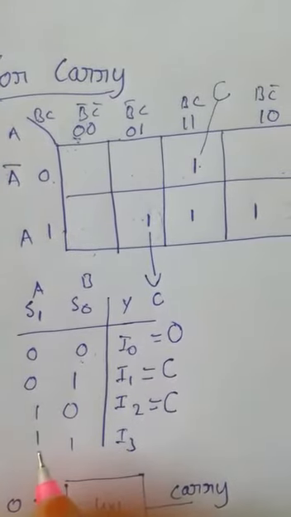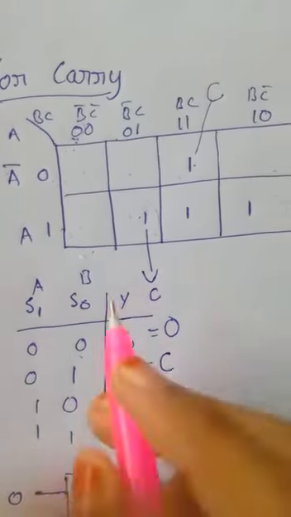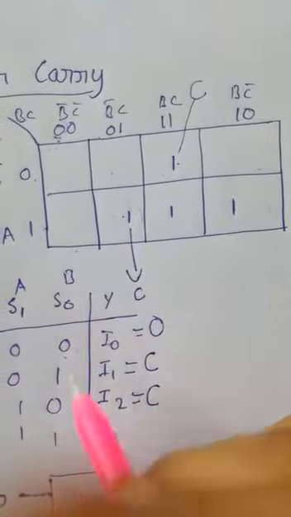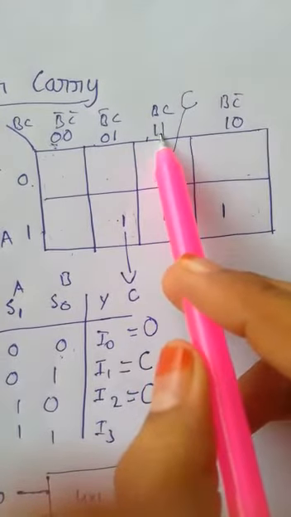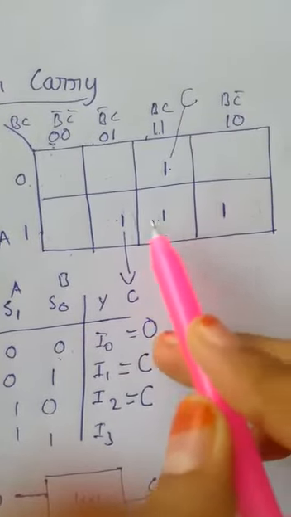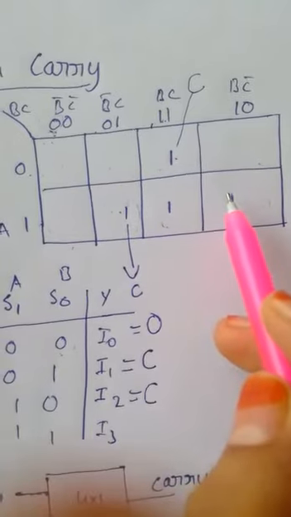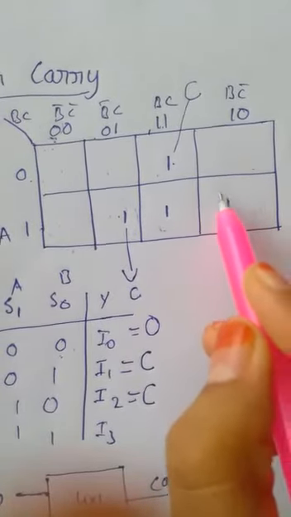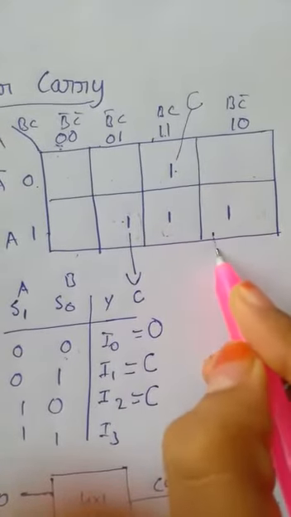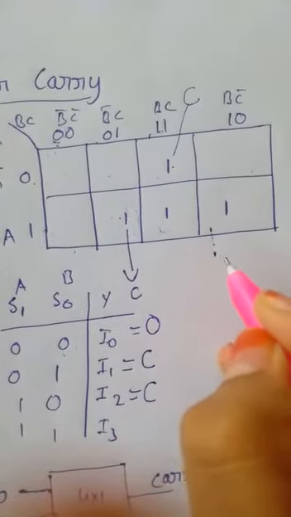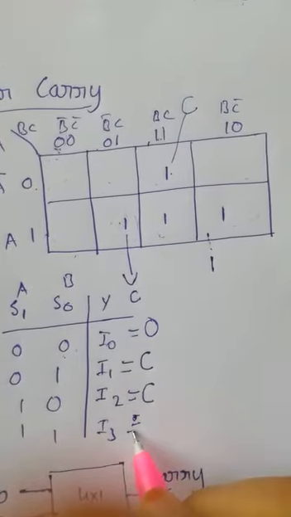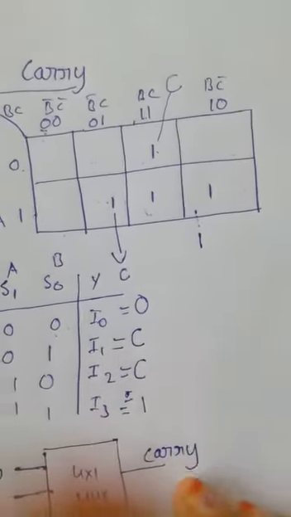Now we are going to select another 2 select lines, that is 1 1. A as 1 means we are going to have this total box, and B as 1 means where we are having B as 1, here we are having B as 1, and here means we are going to select only these 2 boxes, and we are going to pair these 2, right? So here the elements are unchanged in these 2 pairs, so the output of this will be 1. Therefore output of the I3 is 1.